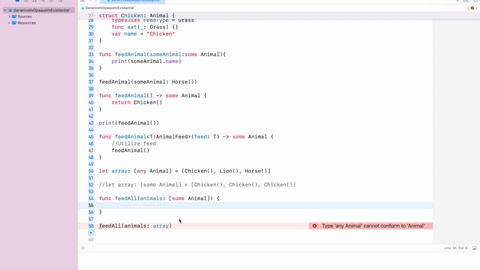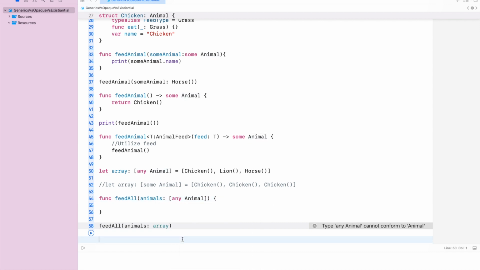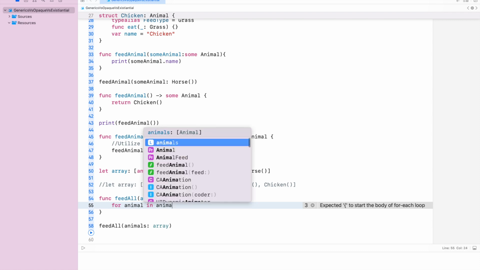We can remove this error by applying any here as well. So now this should work fine, and within the function we can traverse all the animals one by one. For animal in animals,